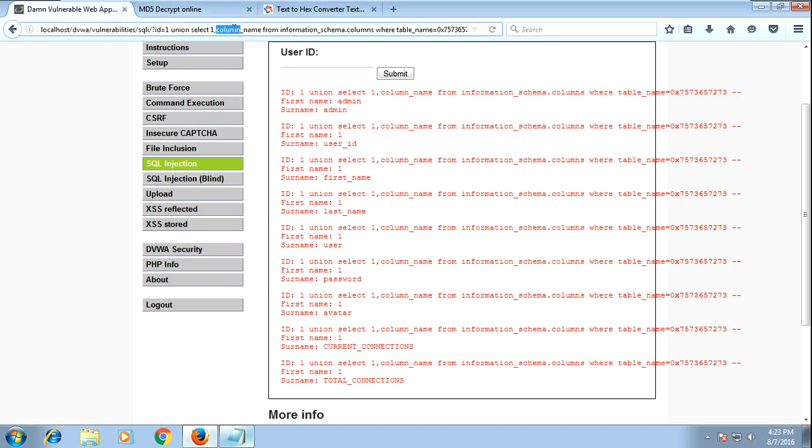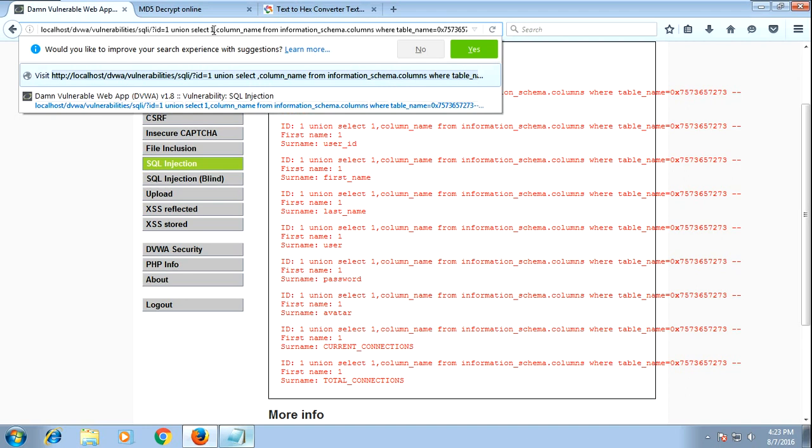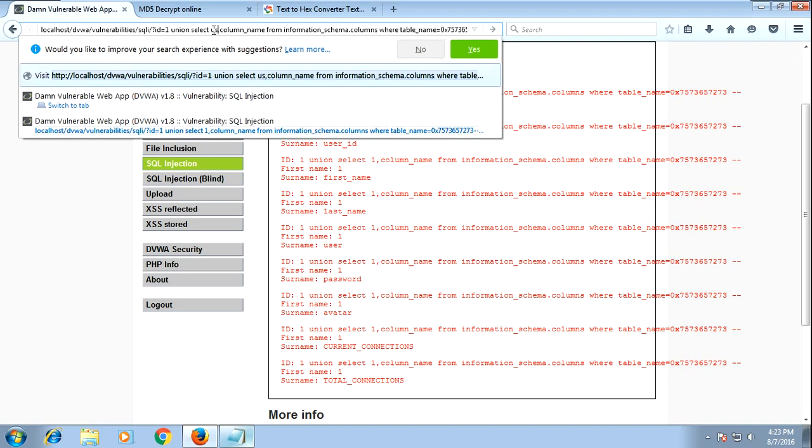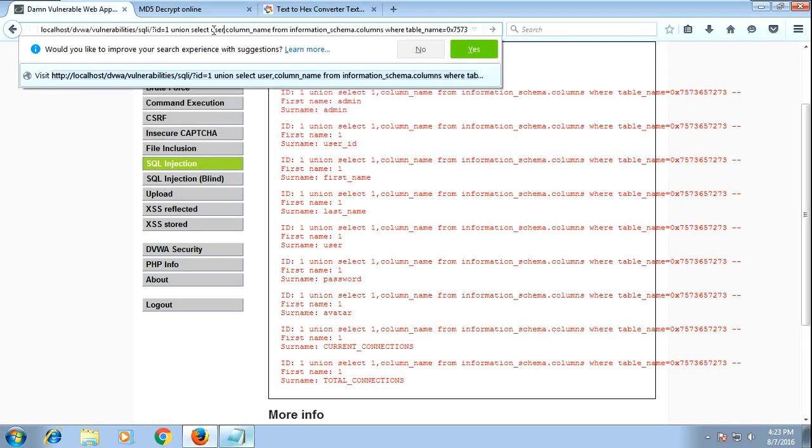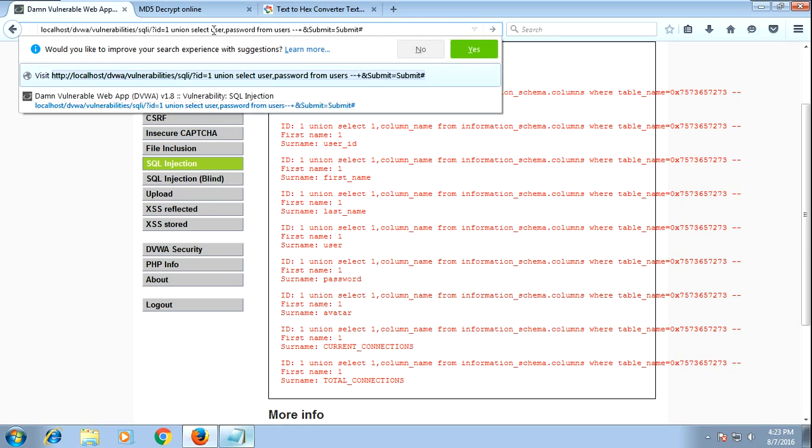So just write here select user, password from users. The concatenation statement can also be used here.